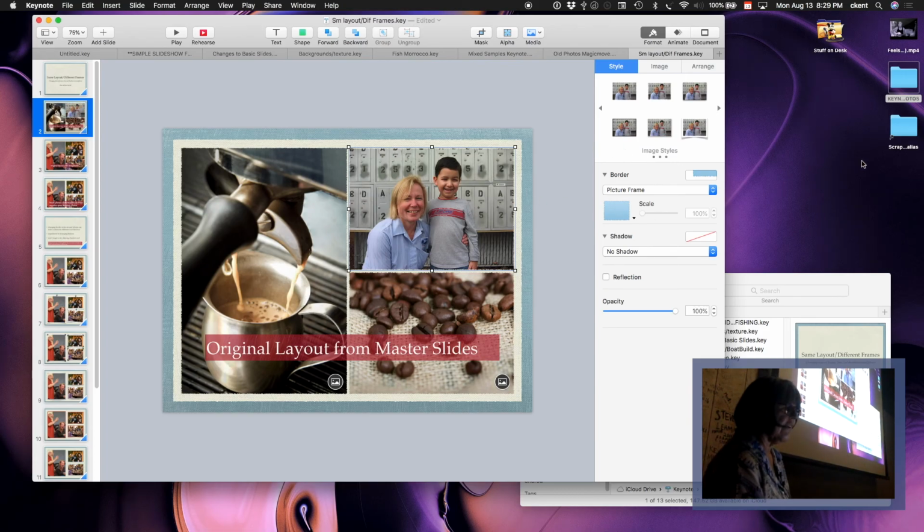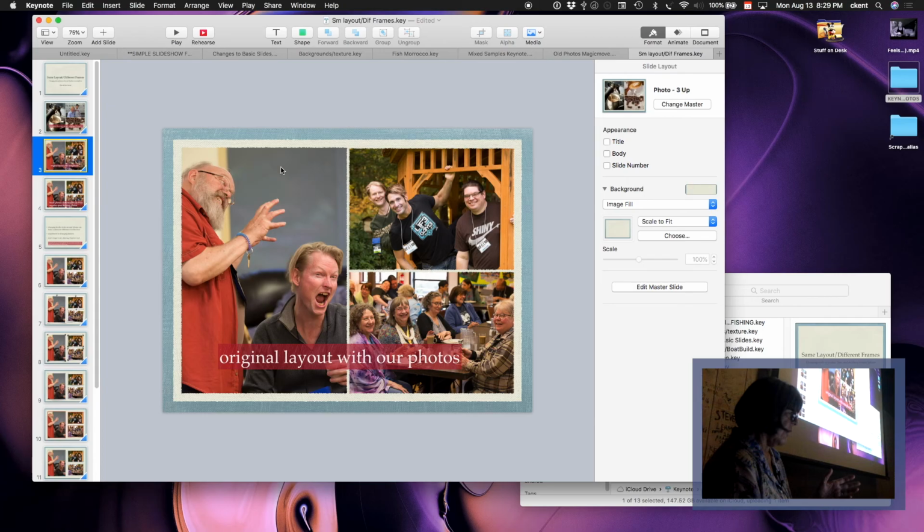The same thing, I can also go ahead and open up my file folder over here that had all of the files of the photos in there, and I can just drag them off the desktop and drag them in here. Okay, so this is what it would look like to start with. And then the next thing that you would see would be this slide here where I put my photos in. Now I haven't done anything other than just drop photos into it, so it's still the same original